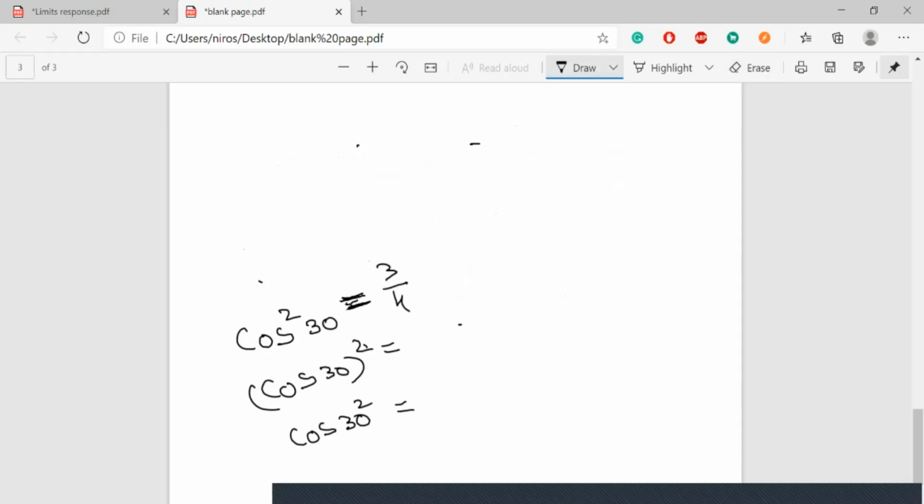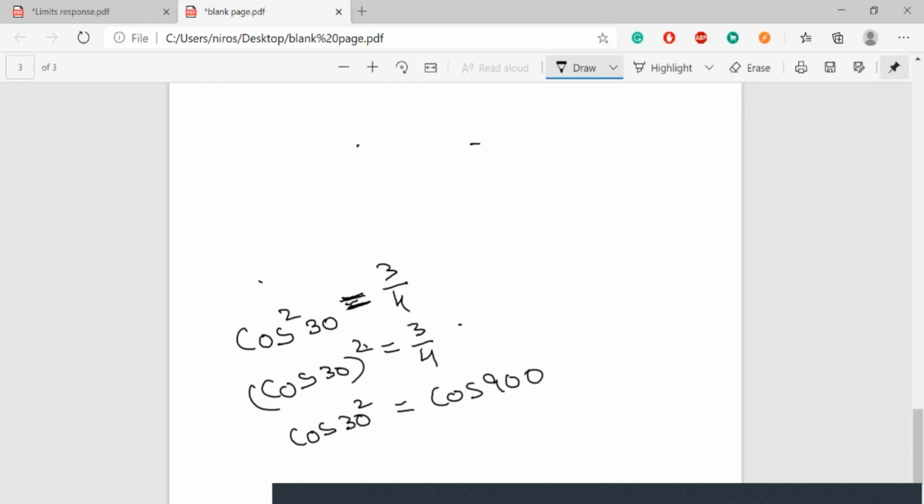So for the second one, can I write it as cos 30 to the power 4? No, there is no square inside. See, this is just cos 30 whole square. Oh, okay. So it's just root 3 by 2 to the power 2. That's the same as 3 by 4 itself. Yeah. Now cos 30 square, so it's cos 900, right? Yeah, it is cos 900.